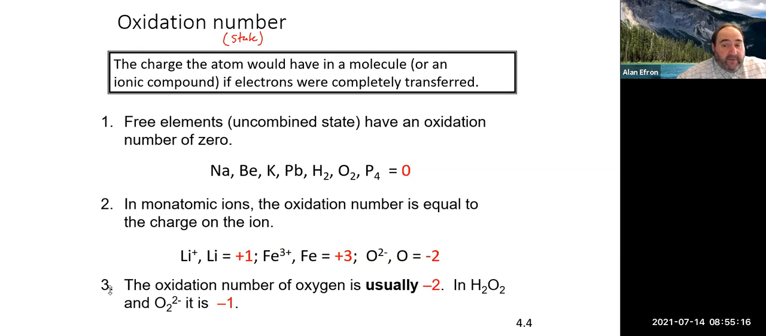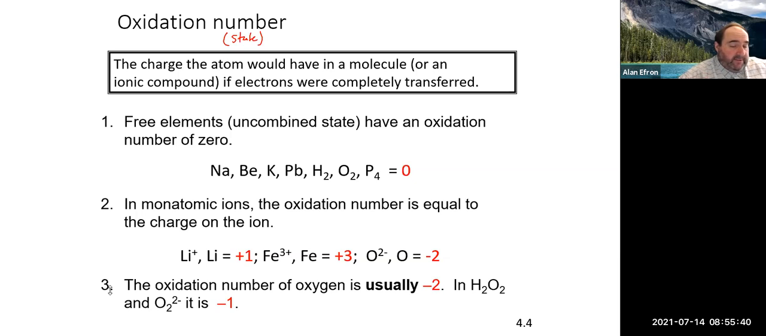If you had iron(III) chloride, that's an ionic compound, iron would be +3. If you had iron(II) chloride, iron would be +2. So in an ionic compound, the charge on that metal would be its oxidation state. Now, when we're assigning oxidation numbers and states, a lot of times things will have oxygen, and oxygen